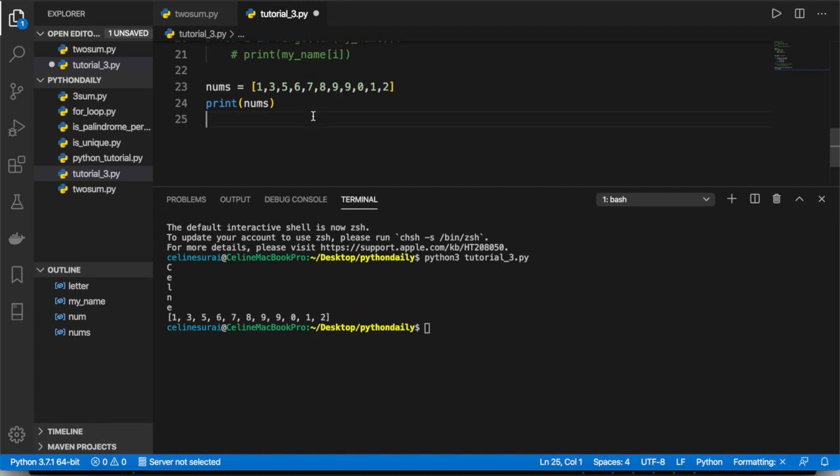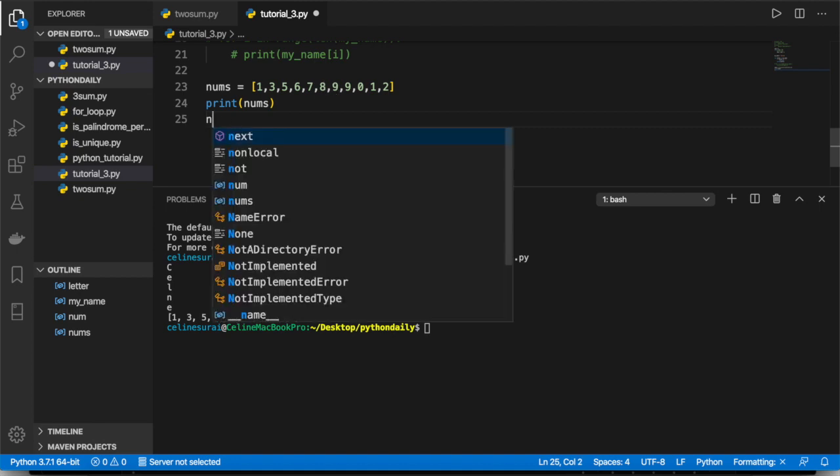How you access the values in a list is through the use of indices, and in singular you say index. Indices are used to access the position of a value in a list. And indices begin from 0. So let's say 1 here has an index of 0, 3 has an index of 1, 5 has an index of 2, and so on. Let's say we want to access these values from 1 till this first 9 here. So we can say 1 is at index 0, 1, 2, 3, 4, 5, and 9 is at index 6. So what we would do is say,